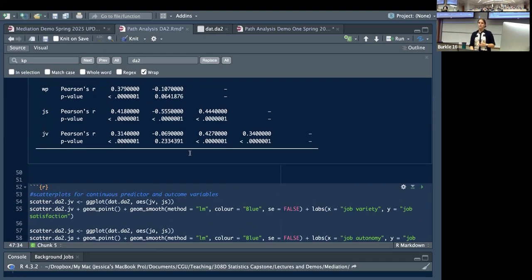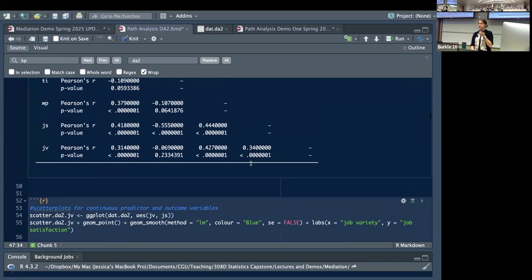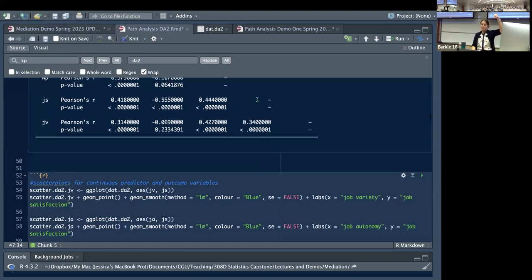Now we need to look at our assumptions before we ever start playing with model specification. So these are all regression equations, right? Path analysis is just a bunch of regressions put together. So we're still in the box of general linear model, which means all of the assumptions for the general linear model hold. So what are they? Linearity. So let's start there.